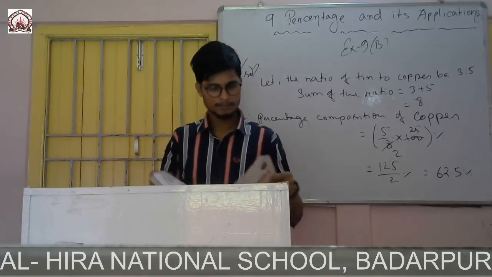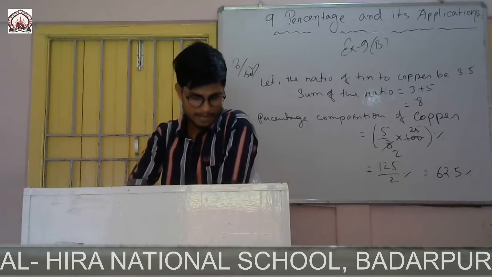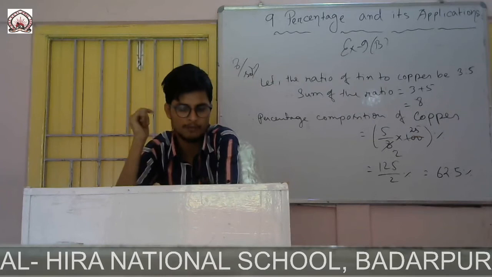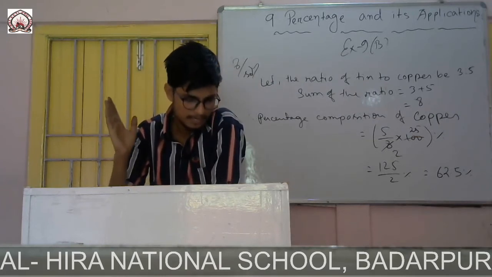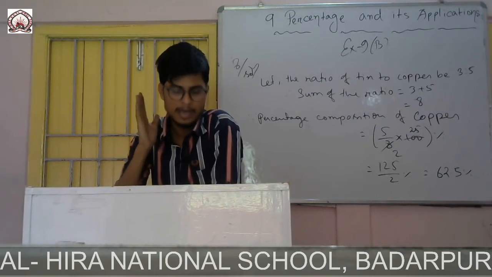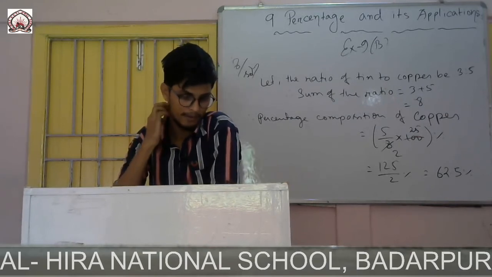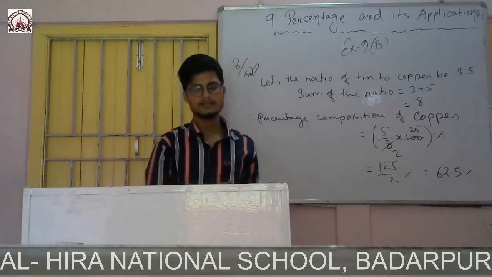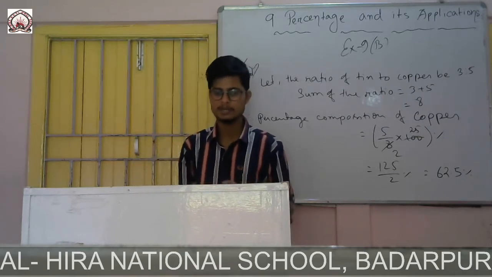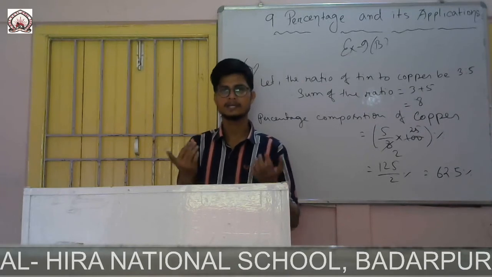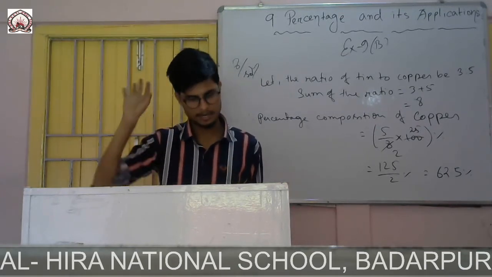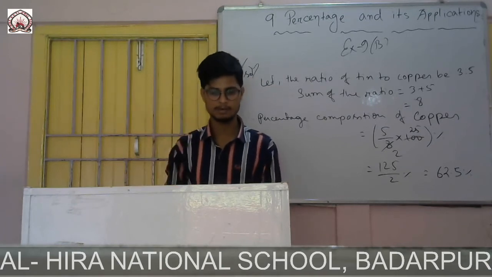Now question number 9. The price of a muffin increased from rupees 4 to 5. What is the percentage increase? This one is the same as exercise 9a, question number 11. Earlier I said the same way: first of all you find the amount increase, then you find the percentage increase. That means amount increased by original amount into 100. Same question, you try by yourself.